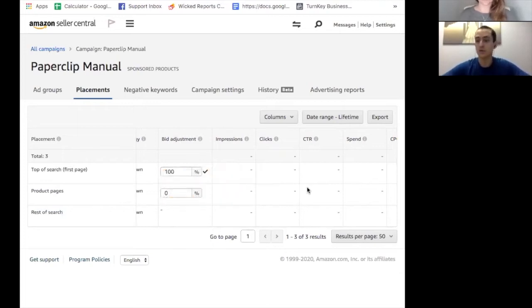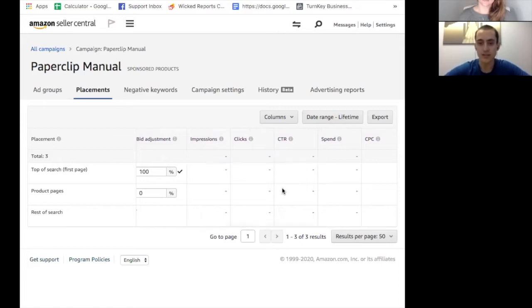Now it's really important when you do this that you're keeping a close eye on things, because you're essentially doubling your bids, and you actually may want to go into your ad group and your targeting and reduce the overall bid levels, just so you can increase them here just for top of search. And what that'll do is just increase the ratio of spend that's going to top of search. But before making this change, I just want to outline what you'll expect to see